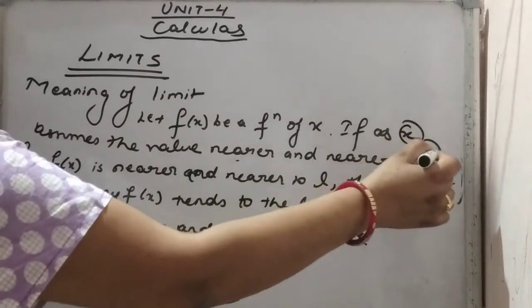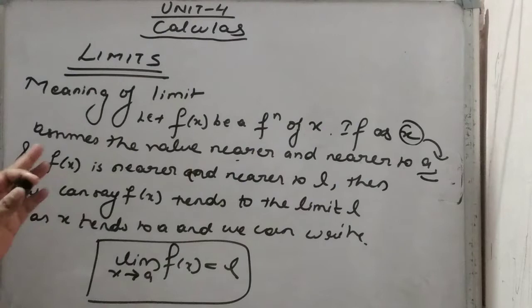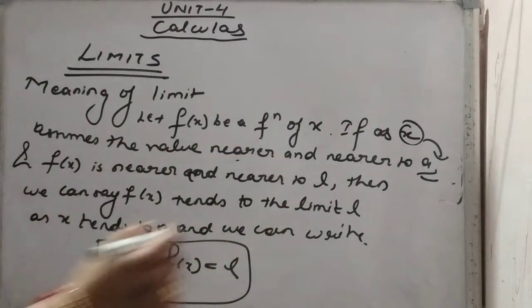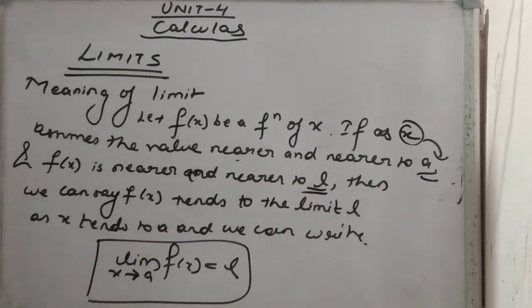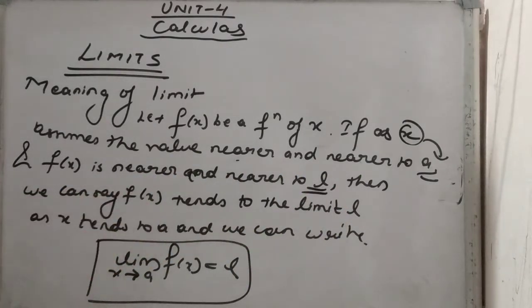It is just nearer to a but not the exact value of a. And if f of x is nearer and nearer to some value L, we take that as the limit. Then we can say that f of x tends to